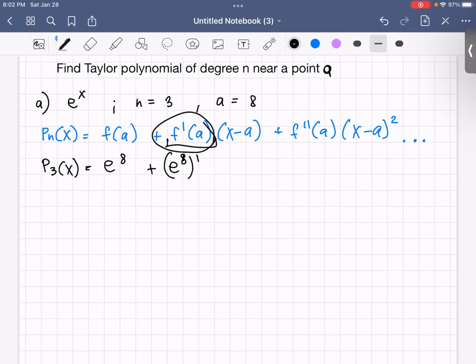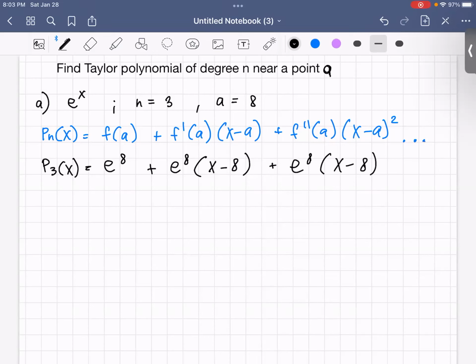This is what this component means, but e of 8 prime is actually just e of 8. So this is all we need to write, and then x minus 8